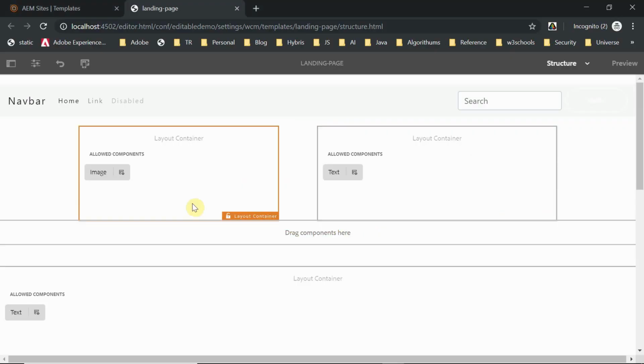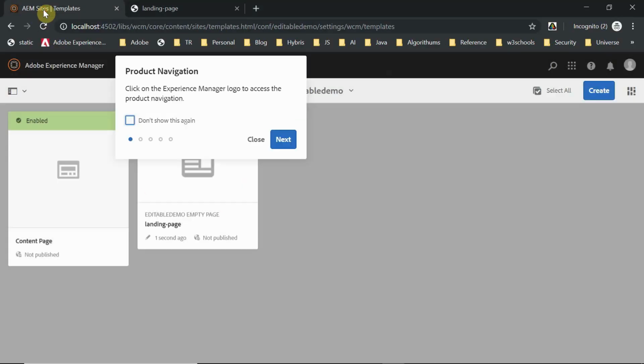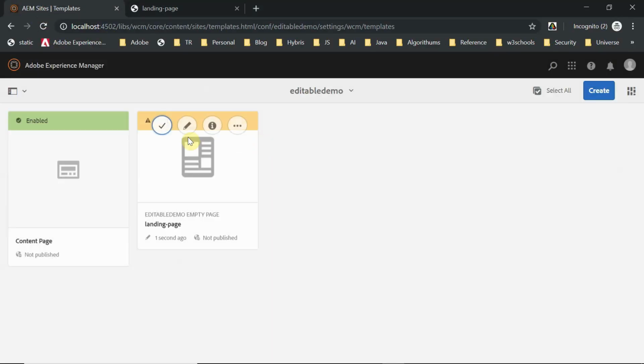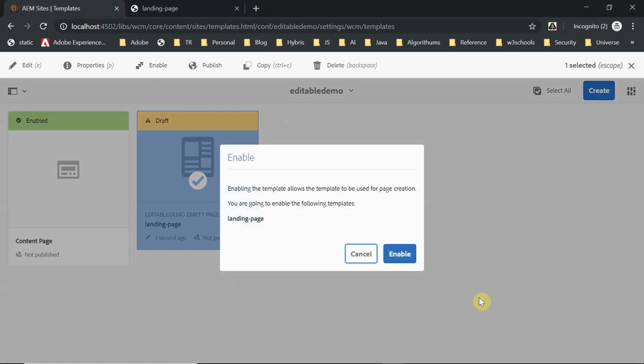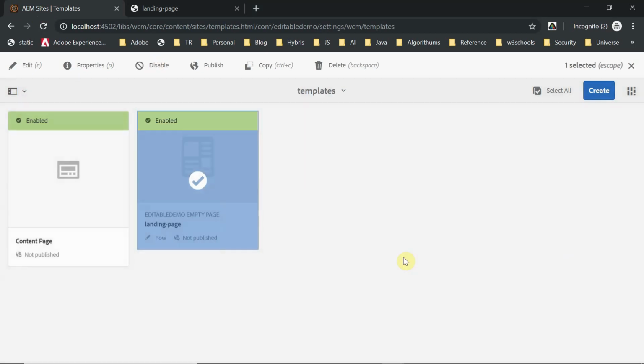Let me go here. If you see, the status is draft, so just select this and enable. Okay, it's enabled now. There is also an option called publish. Once it is ready to publish, you can publish it. Okay, now the template is ready.